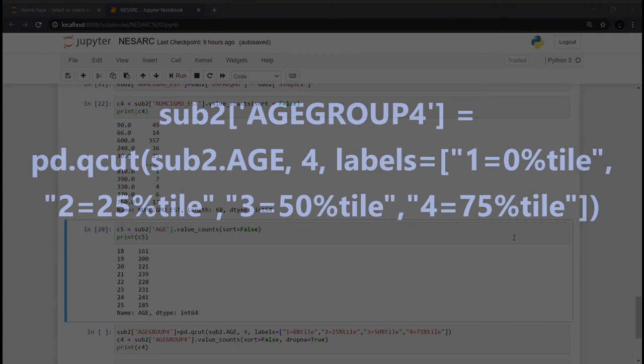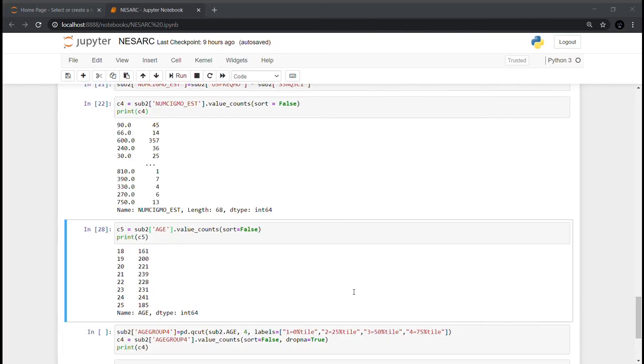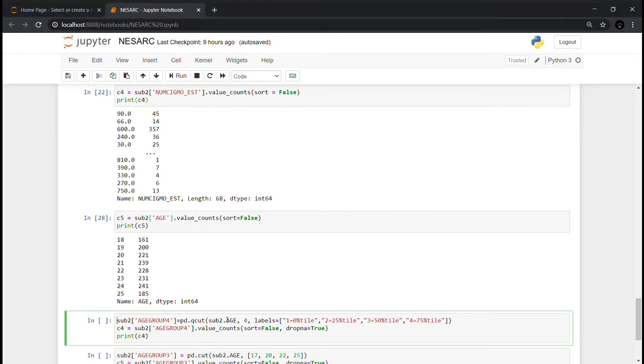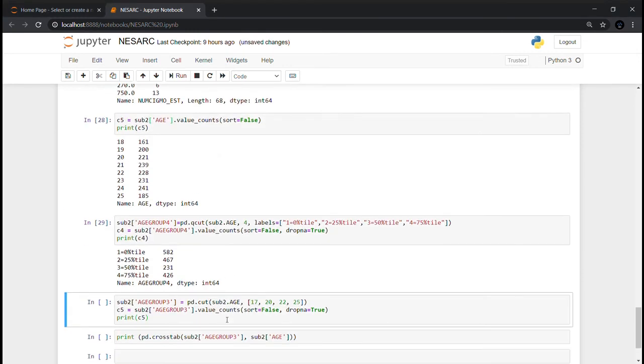Here I decide to include both dummy codes 1 through 4 and also which groups those dummy codes refer to, that is the age groups cut at 25, 50 and 100 percentiles. Now if we run this program, then it will show the frequency distributions of the 25, 50, 75 and 100 percentile groups, and it will look like this.